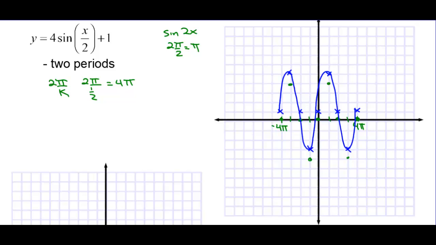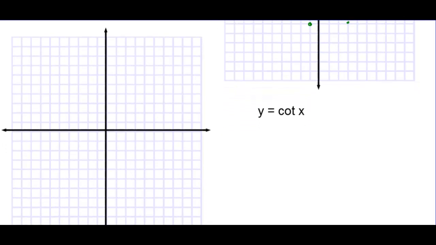Well, the real tricky part is when you have horizontal phase shift. That's what really gets fun, especially if you mark them as pi over 2s and all of a sudden it's moving over pi over 3. That's when it really gets interesting. All right, how about y equals